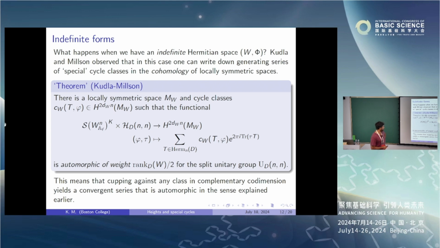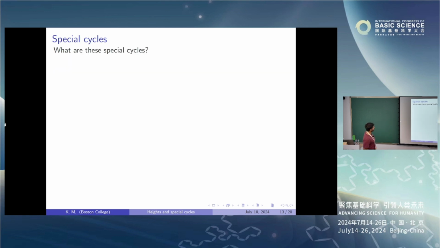What is not a finite sum? It's not finite. It's over all these Hermitian matrices. It's the same summation as before, so you're just summing over all possible ones. This is over the finite adeles. There's this K over here. This K is some level that is implicit, but because I'm dealing with a geometric object, you can't really define it on the full Schwartz space. Anyway, this is some technical part.